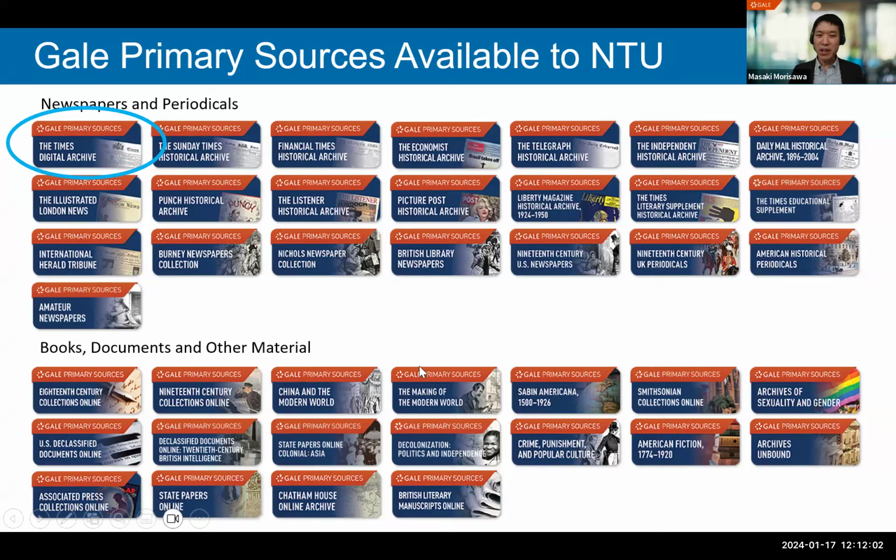And then from the other types of archives, which typically contain multiple types of material under a certain theme, I have selected China and the Modern World. This is one of our most popular archives. It's actually a combination of different manuscript collections and also some periodicals as well. And I will demonstrate this to show you how to navigate one of these more complex archives